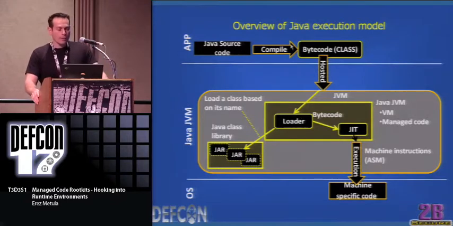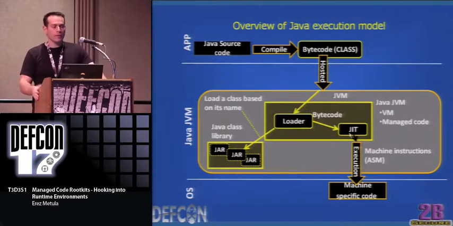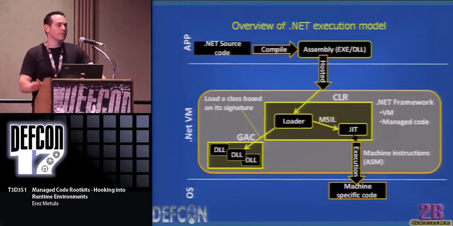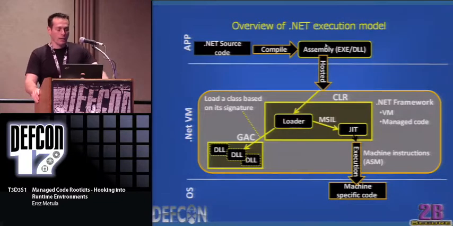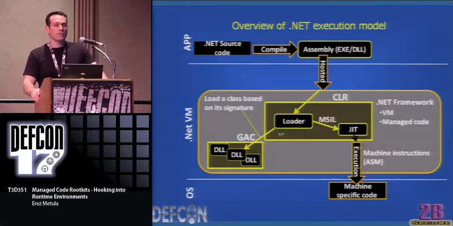So, what are managed code rootkits, or MCRs? Managed code rootkits are user mode, application level rootkits hidden inside the managed code environment libraries. I know that most of you think user mode is not like kernel mode, and that kernel mode is awesome. In kernel mode, we can do many things. But there are a couple of great things that you can do in user mode. Although you are sacrificing a little bit of hiding, you can do very sophisticated attacks,